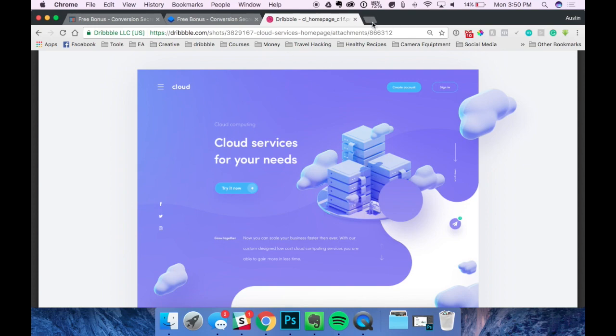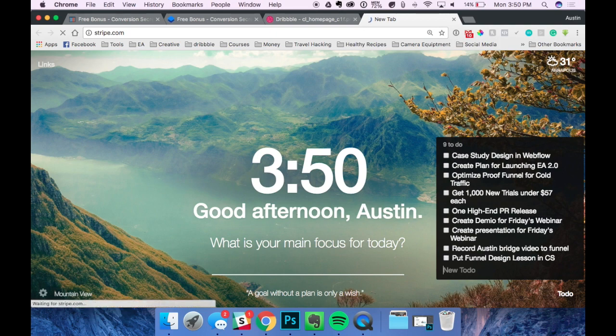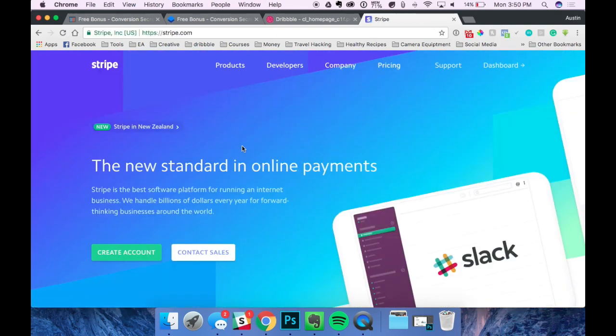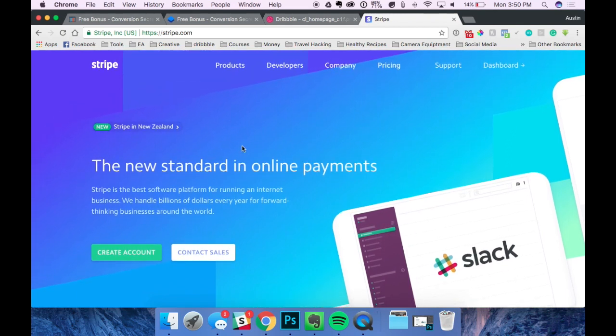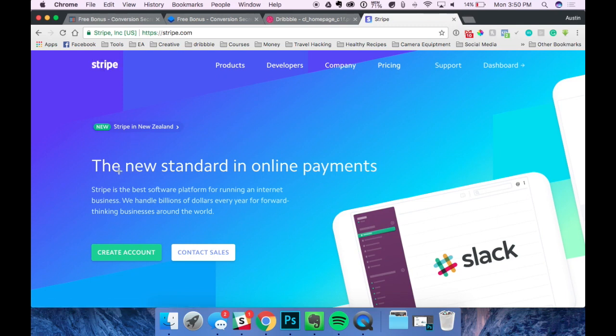And let's say that I were to go over to Stripe.com. I think that Stripe has a beautiful brand. I think they also pay the top designers in the world, and so I trust their opinion on fonts and background colors and all of that. So here's another cool tool I use. It's called Font Finder. Essentially I can go to any website and highlight the font that I want to see, and I look, wow, they're using